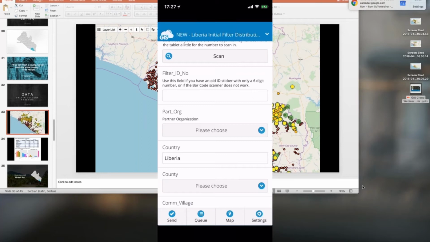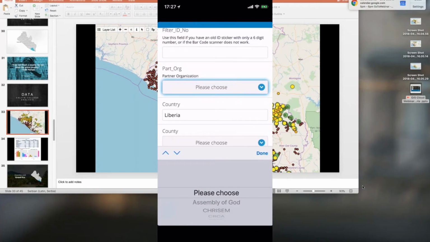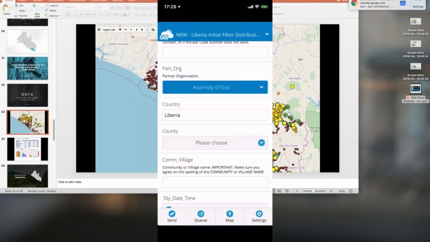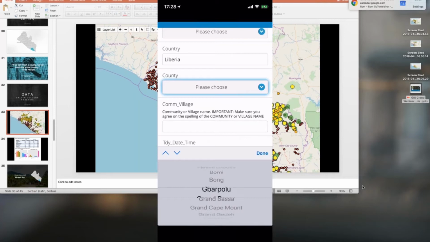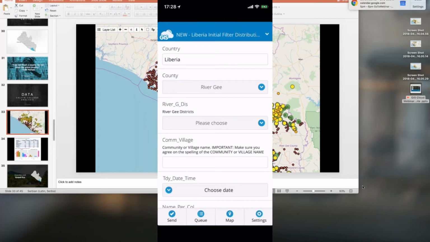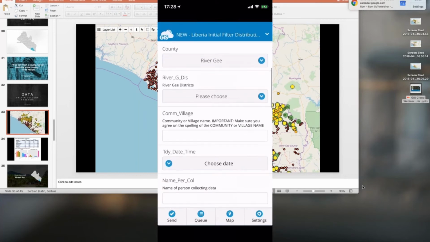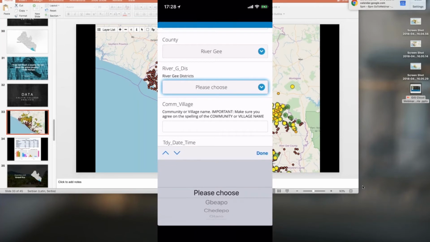We have a bunch of different fields. We have our partner organizations in drop-down lists. Those are all the different teams that are out in the field. Some of our fields are pre-populated, like the country. You can do that with mobile data collection. The counties are interesting because once you choose a county of the 15 counties, you'll see a dependency field pop up as a result. So with any of these counties, now you're going to be able to choose the district where teams work, and then you can type in the village name, the date that we can populate, and then you'll just see a number of contacts that we have in the village.